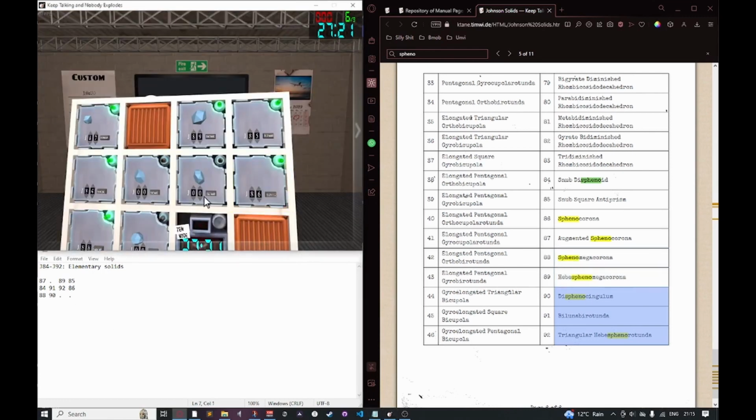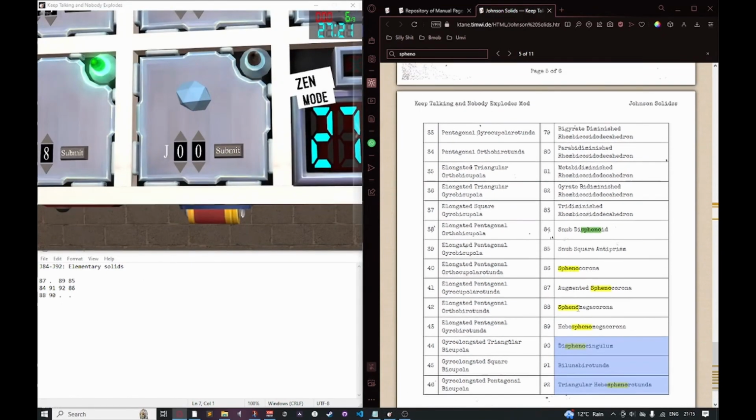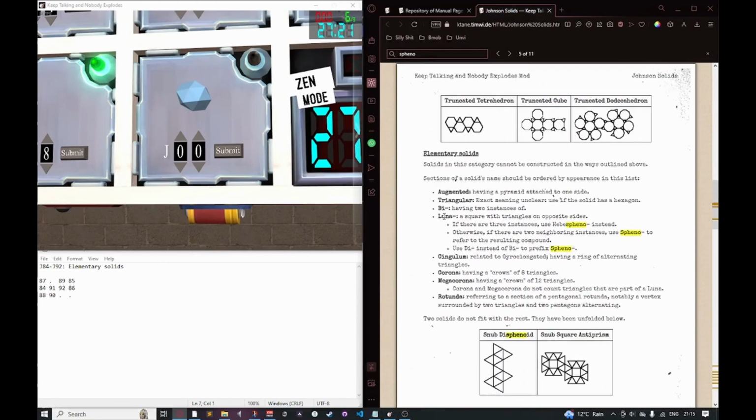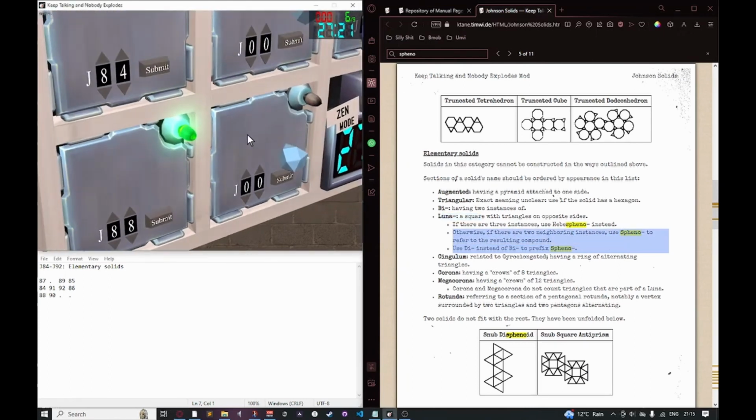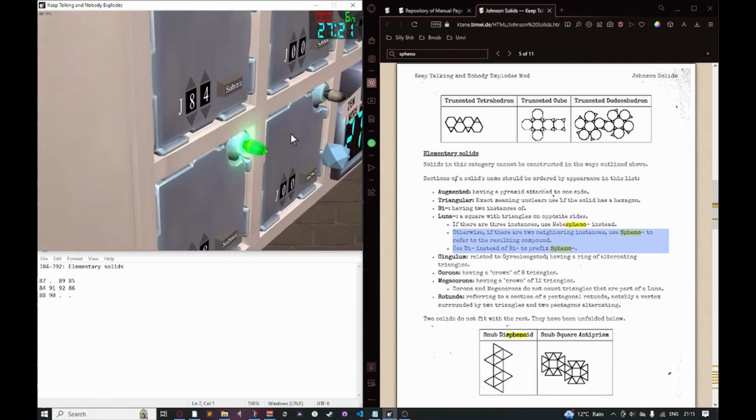Then, moving on to 90, we have the disphenocingulum, which is over here. We need to define what it means by dispheno and what it means by cingulum. So, we have dispheno because of this here. We use di instead of bi to prefix spheno. So if we have two instances of a spheno section, which itself is two neighbouring instances of lunae, we can see that here we have two neighbouring instances of lunae,